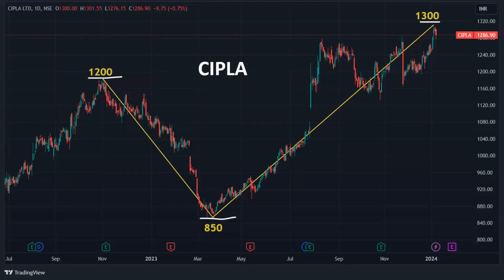So now company number one, I want to show you Cipla. When Cipla hit an all-time high for the first time at 1200 rupees, from there it was corrected to 850 rupees. What was the problem? Is it a blue chip company? Yes, it's a blue chip company, no doubt. Does it have a proven track record? Yes. Does it have good management? Yes. This company doesn't need any explanation to prove. It has a good moat and good business, good everything.